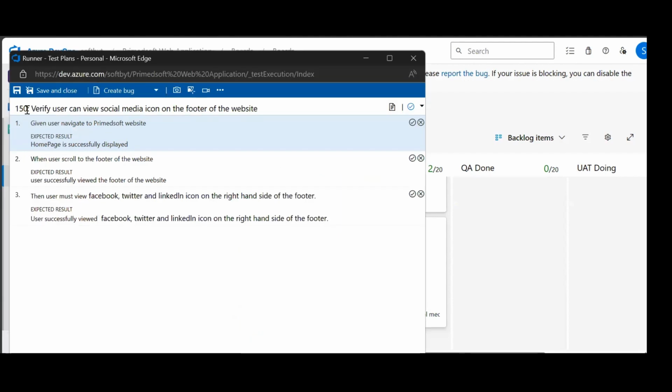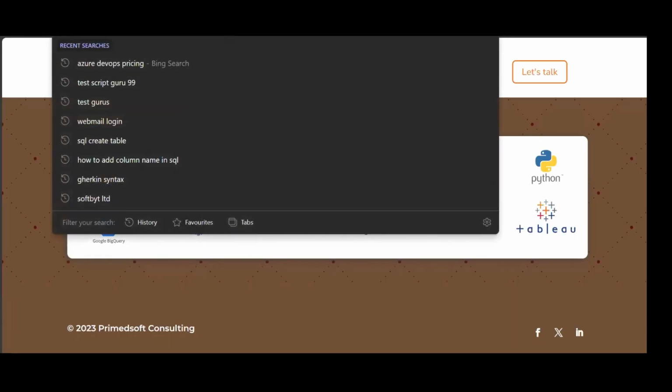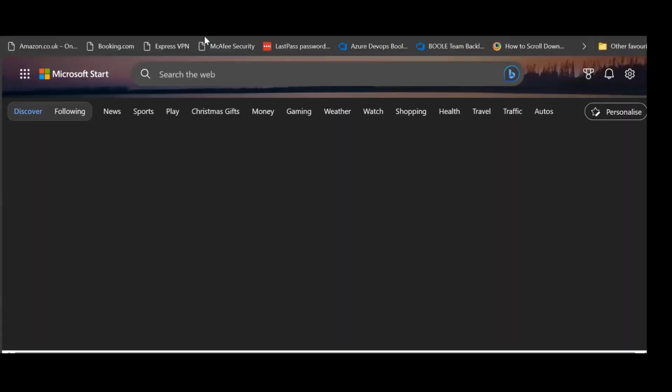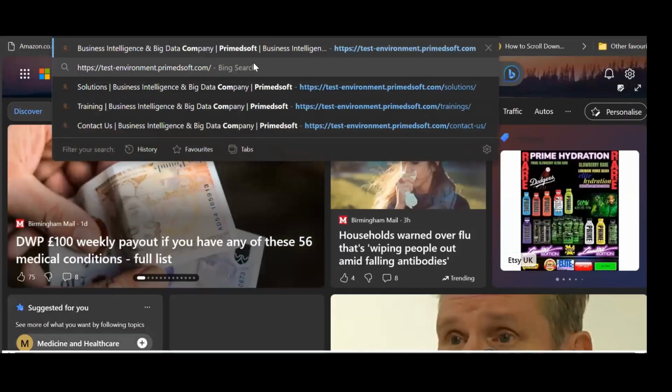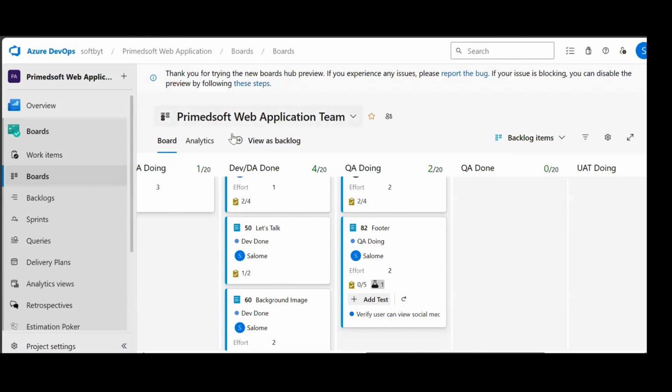Once you are testing your environment, the first thing I'm giving you is a navigator URL. So you will come here, like I said, you've copied the link. I open a tab, enter my URL and enter. So I'm able to come to the website, right? That means my